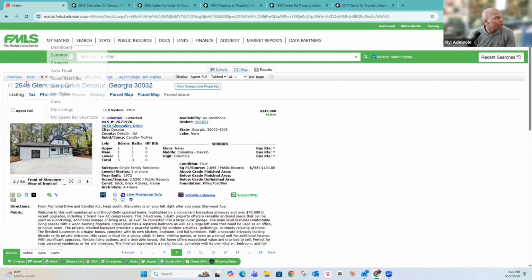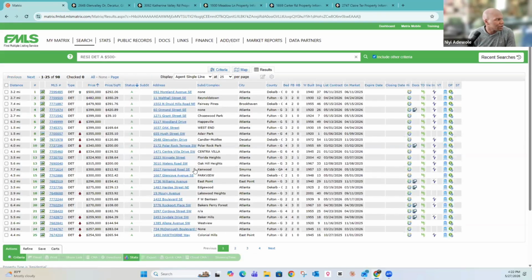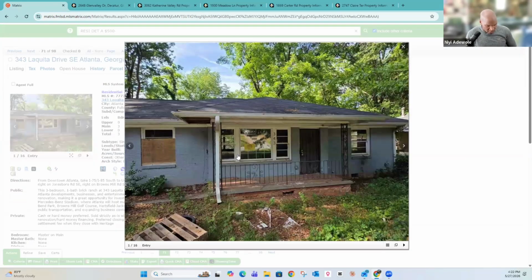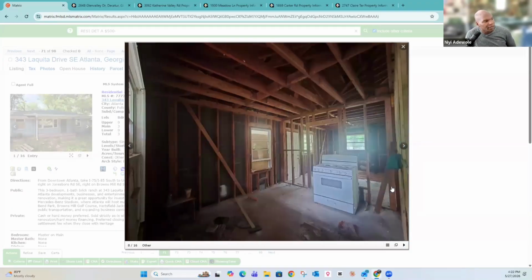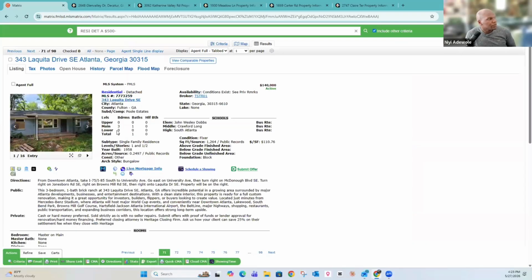Now, ideally, we want to find ones that need some more work, and that's usually on the lesser end, right? And so if I were to go over here to a much cheaper property, what we would look at here is not the same thing. What we're looking for is an already fixed up house, right? And then we're going to compare that to the cost of getting this one done. And so right now, this is a 3-bed, 1-bath. It's 1,264 square feet. At over 1,200 square feet, this is good size for having a 3-2. So I would run the comps on this as if it's going to be a 3-2, because that'd be the higher and better use for it, right?